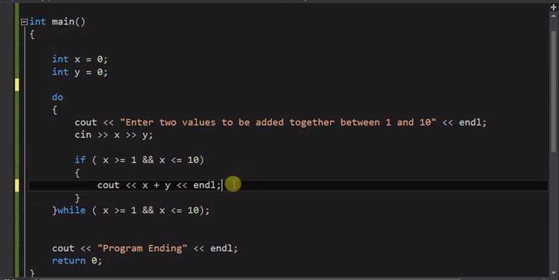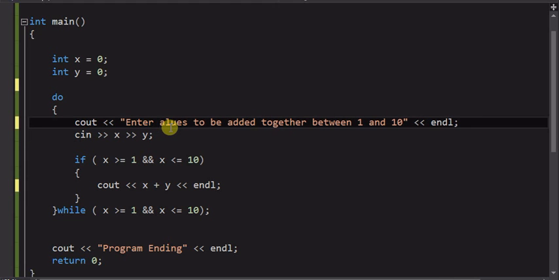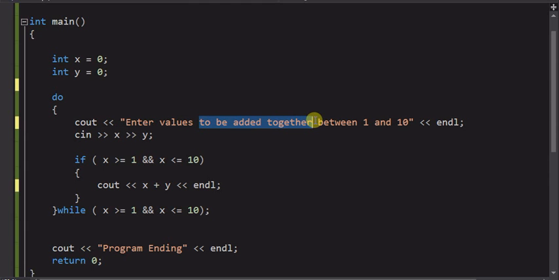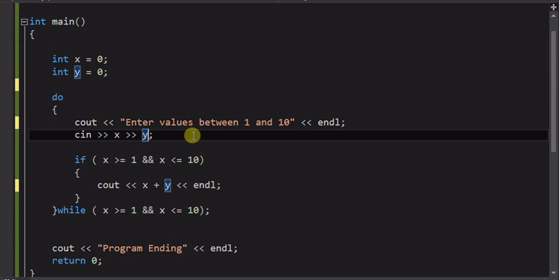Let's leave that if statement there. So enter value, value, and it's just going to be between 1 and 10. Just to simplify it, we want to get in the one input, and we want to make sure it's between there. So that's valid. We're not going to do anything when it's valid, but if it's invalid, we're going to